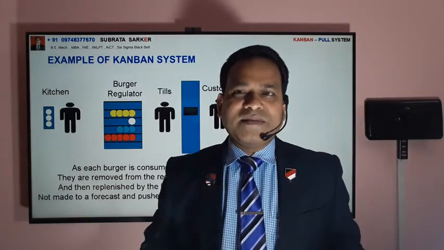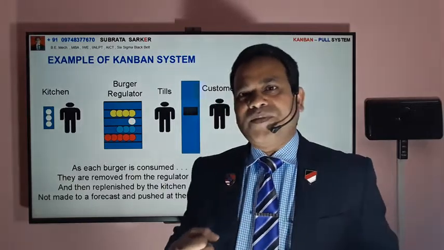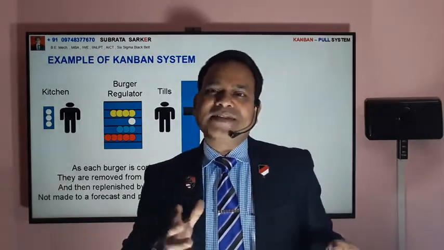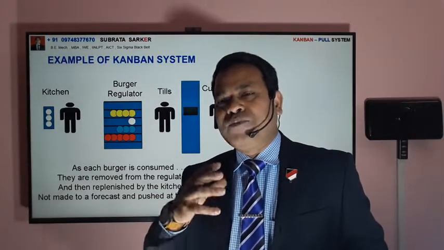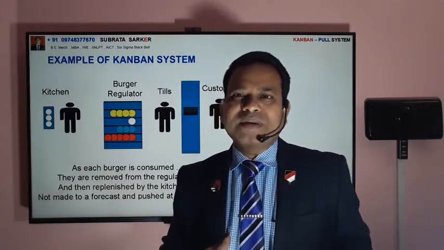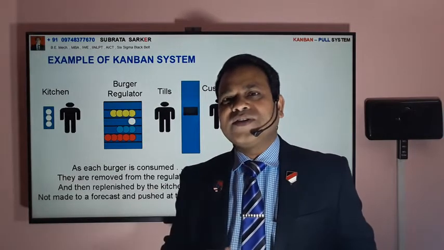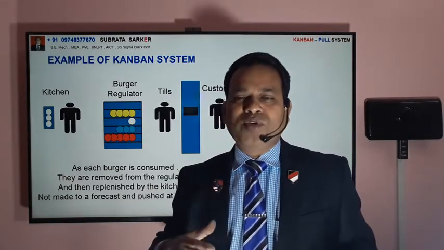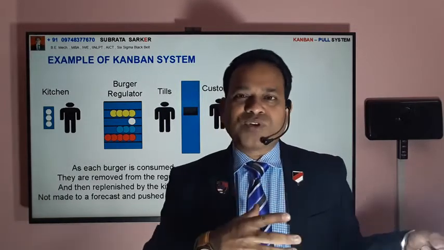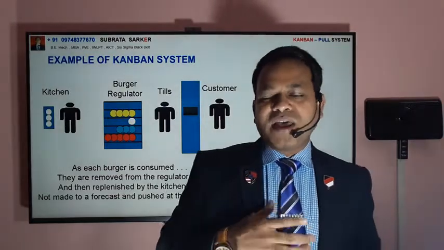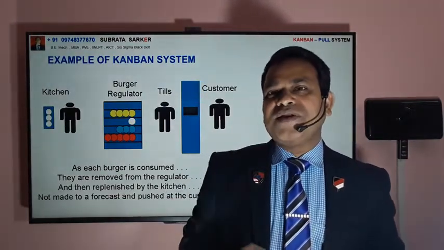Technically, in a manufacturing line, Kanban is called a pull system. And there is another system in manufacturing inventory control, called the push system. The push system has a lot of disadvantages, whereas Kanban has a lot of advantages. In a push system, even if you have no forecast, you are still making. Kanban is not like that. You have some forecast or a confirmed order, you make the product and sell. So there you will have better inventory control,